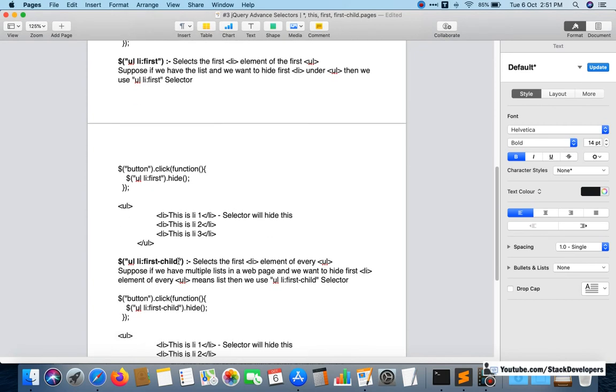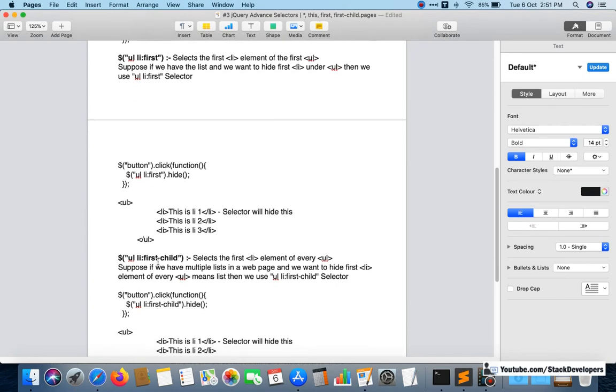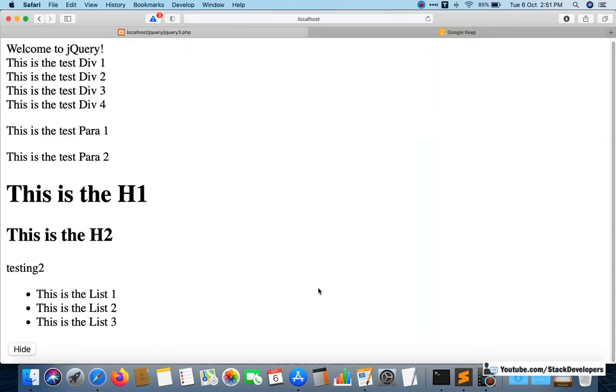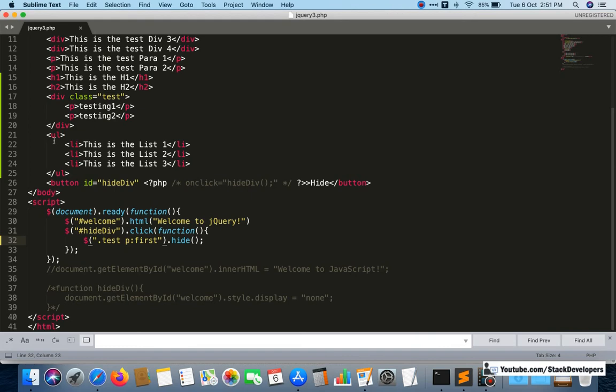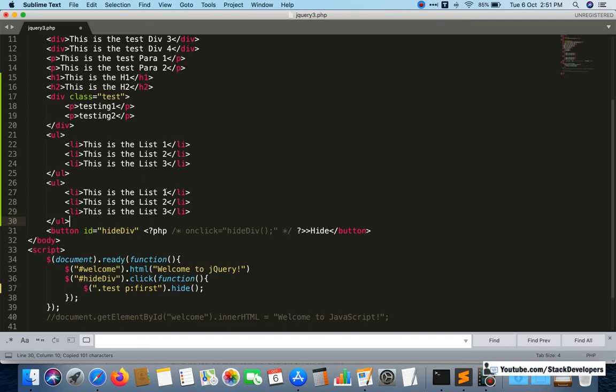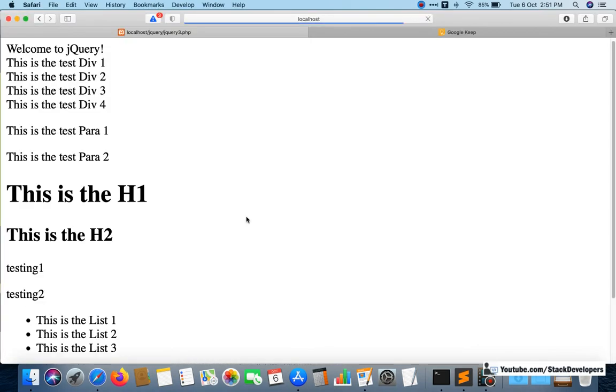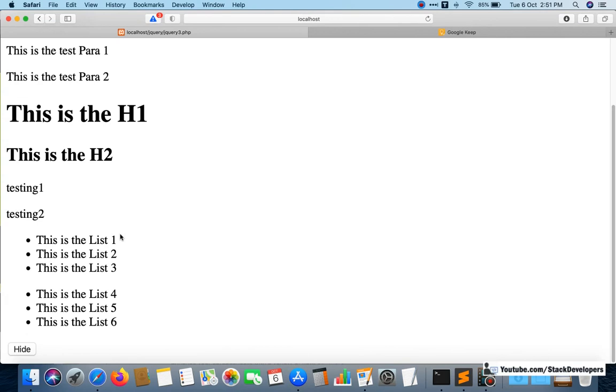The first child. So now we are going to see the first child selector. What will happen in first child? See, if we have one more ul li, 4, 5, 6. See, now we have two lists. One has 1, 2, 3 and one has 4, 5, 6.